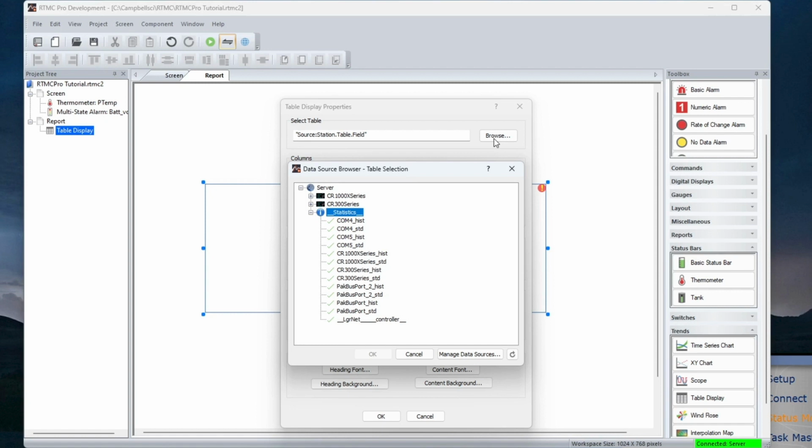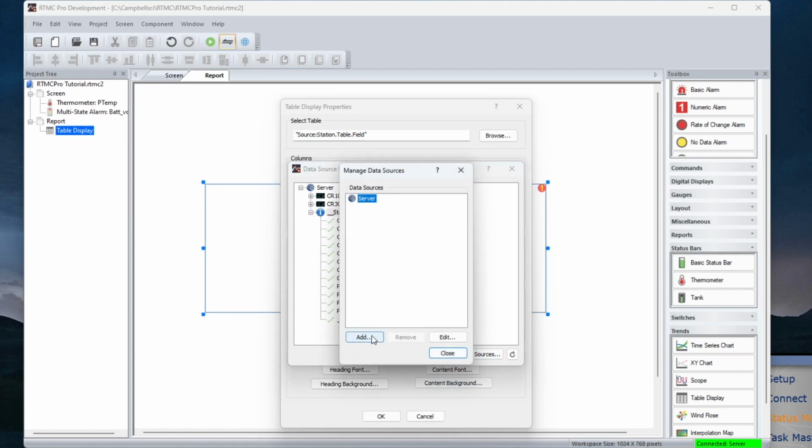Previously, I've used data in the cache from scheduled collection. A data file lets me view data that has been collected but may no longer be in the cache. Click Add. The choices here are Server, File, Database, HTTP Data Logger, and Virtual Data Sources. I'll select Add File Data Source.